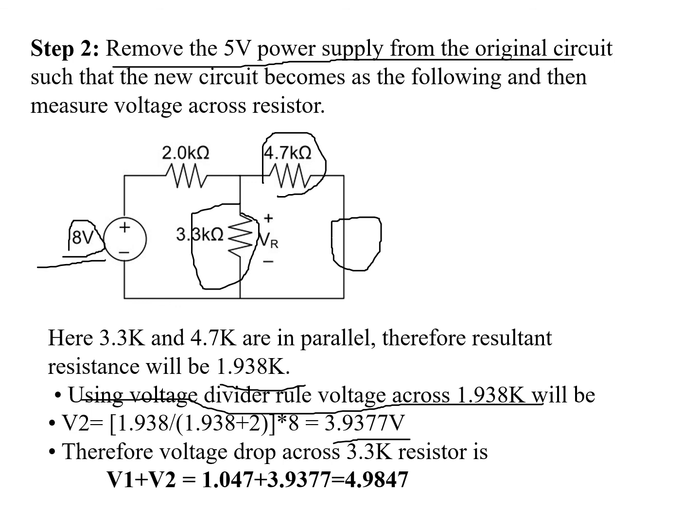So this is the addition of the two voltages. This is the voltage when the 5-volt source is on, and this is the voltage when the 8-volt source is on, and the resultant will be 4.987. So in that way we can see that if there is another voltage source, we will find out the other case and we will add it. Instead of a voltage source, if there is a current source, we will make it an open circuit.